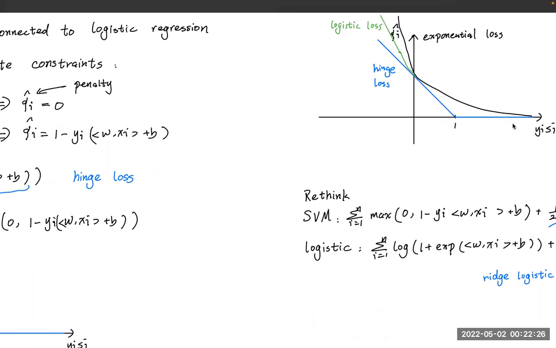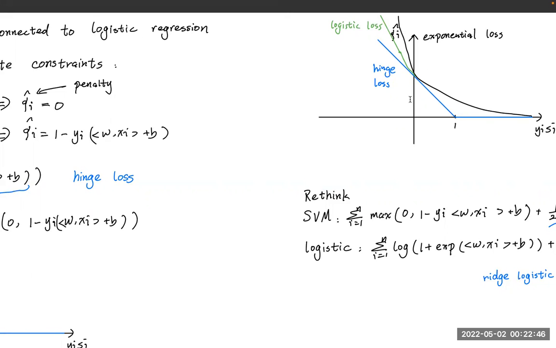But on this side, it is smoother, right? Instead of setting the loss to 0 as a hinge loss beyond 1, it actually goes to 0 at an exponential rate. Okay, and also it agrees with exponential loss on the positive side,